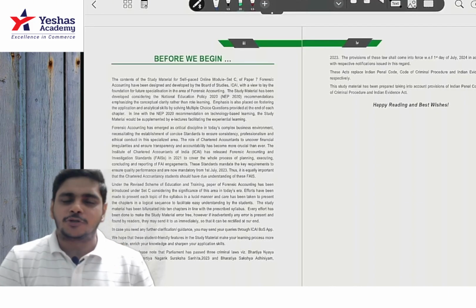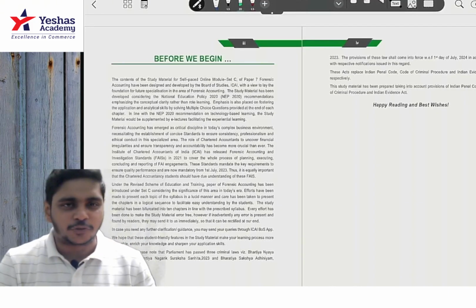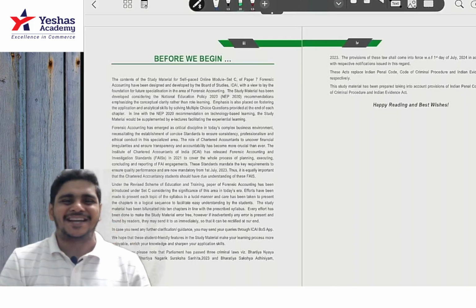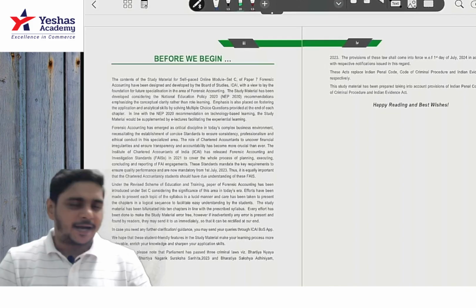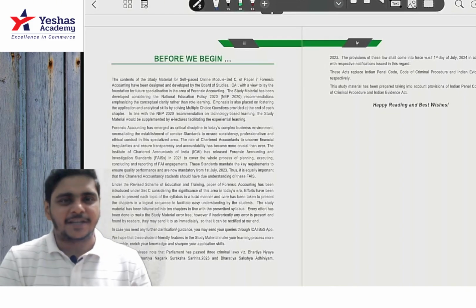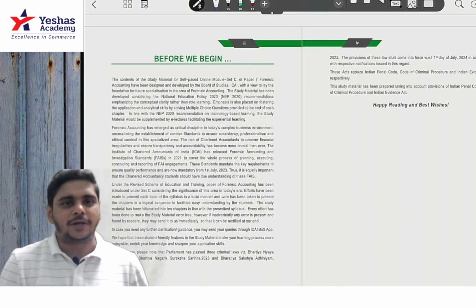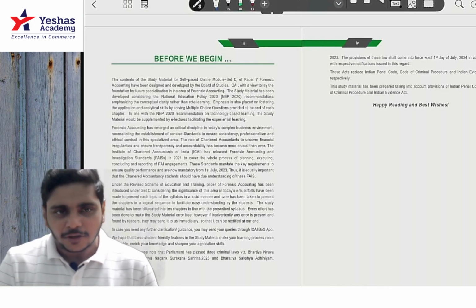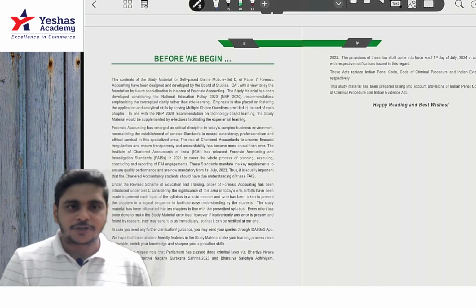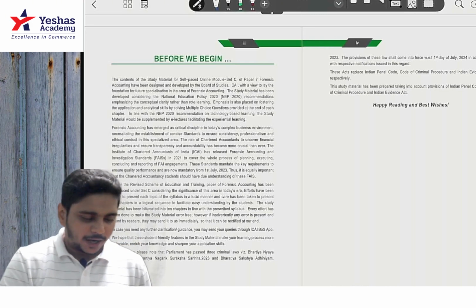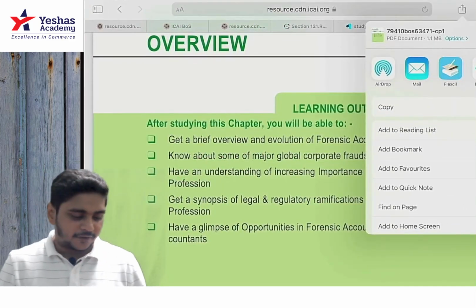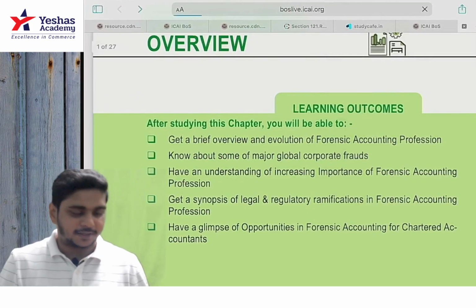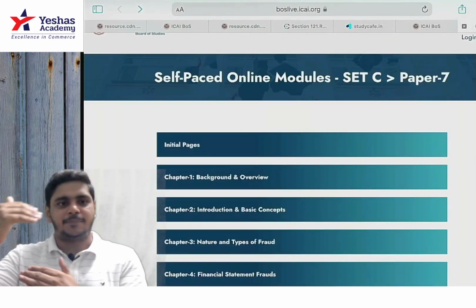So all those students who are appearing for CA final soon, and wherein your set A, B, C, D is applicable to you, all the four sets. Guys, today I am starting with set C, and in that we are doing forensic accounting. In set C you have a lot of options to select from. I hope you have understood the conditions of the ICAI that before appearing for CA final you need to clear set A, B, C, D.